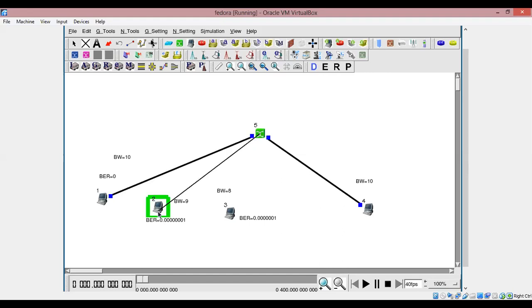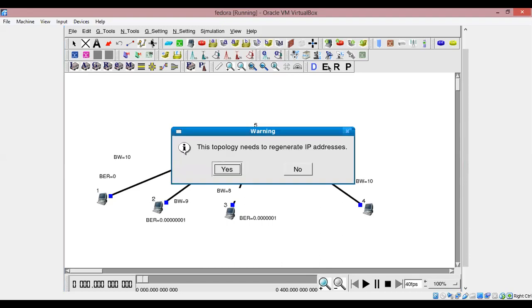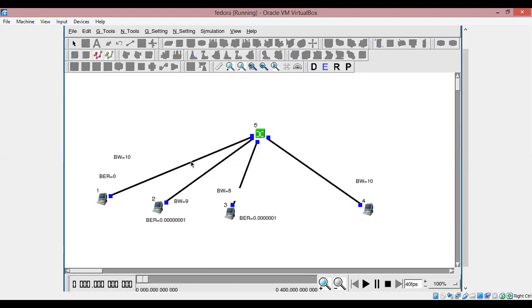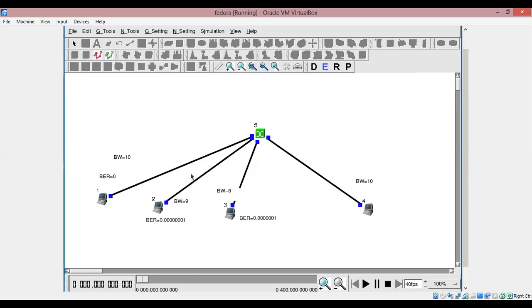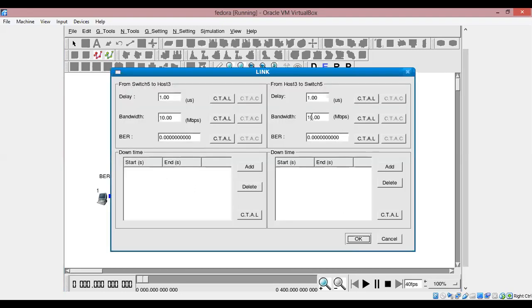And on that you can apply different bandwidths like that. Okay, so like this also you can do. Okay, so in the edit mode you can apply 10 here, so this would be easier, and then you can apply 9 here. Okay, because in the previous scenario, even though you apply different bandwidths here, the hub is common, correct? So hub to switch, the bandwidth will not change. Okay, then here we have made 9, and here we can make 8. Okay, so 8 here.